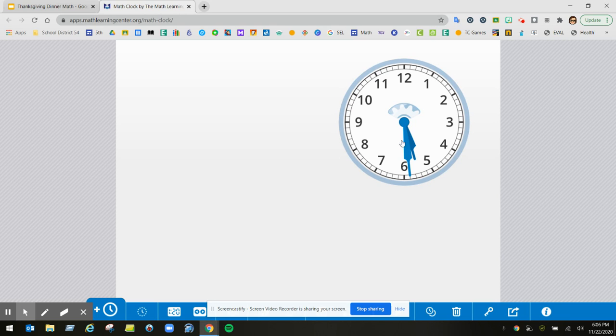So now I just need to read this clock and see what time it is currently showing. Well, I know the shorthand is the hour hand, and that hour hand is between the 5 and the 6. Since it's between the 5 and the 6, it's in the 5 o'clock hour because it hasn't hit the 6 yet. So this clock is showing 5 as the hour, and then I use the long hand to see the